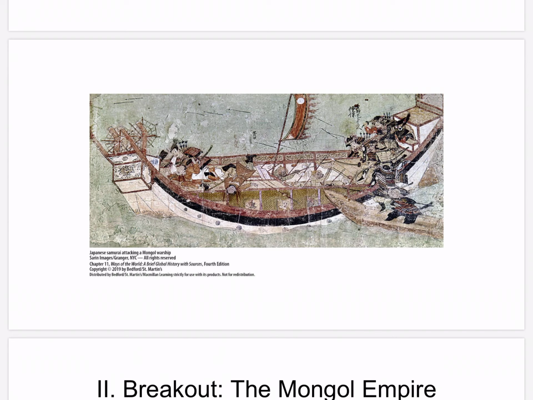And the combined forces then moved against another Japanese island, where they engaged in a fierce all-night sea battle that once again pitted the large sea-going ships of the Mongol armada against heavily outnumbered groups of samurai in these small raiding boats. And it was at this moment that a typhoon, named the kamikaze, or quote-unquote divine wind,